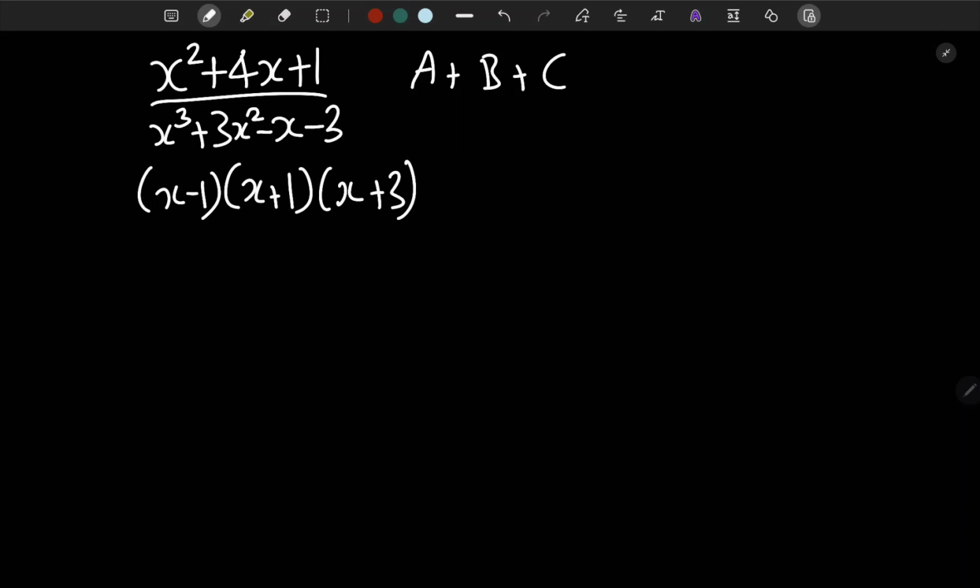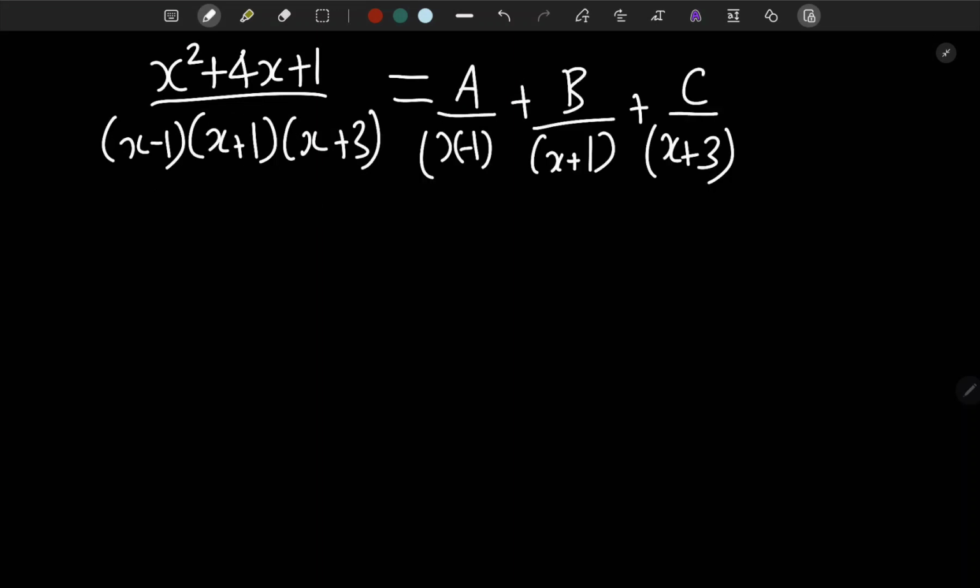Let's write each of the factors below a and b and c. And now finally we will multiply the entire thing by the denominator to get rid of it. So we will get x squared plus 4x plus 1, that's going to stay the same, is equal to,